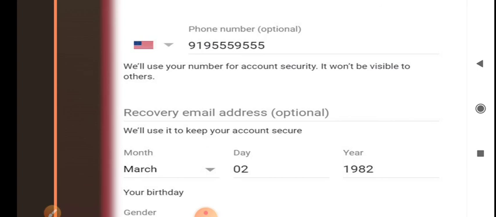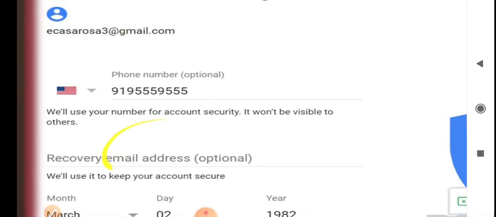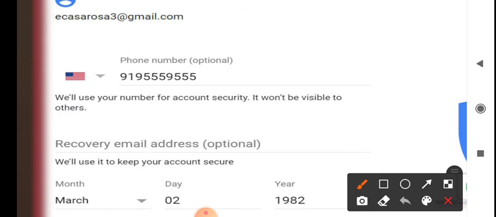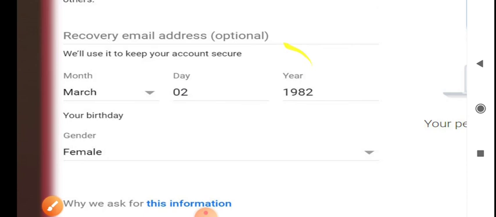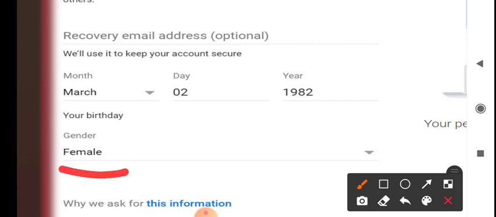For that purpose we need the birth date: month, day and year. You have to fill in the information. Then it will ask for your gender, female or male.